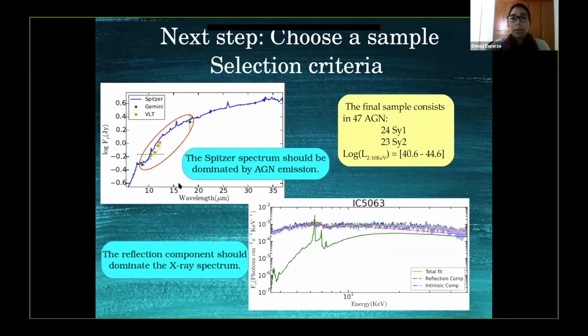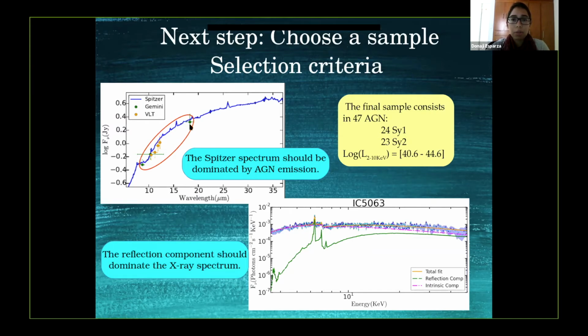Now, we choose a sample following two criteria. The first criterion is that a Spitzer spectrum should be dominated by AGN emission. In this figure, we can see the Spitzer spectrum together with VLT and Gemini photometric observations. This comparison between photometric data and spectrum allows us to make sure that the spectrum corresponds to a central region